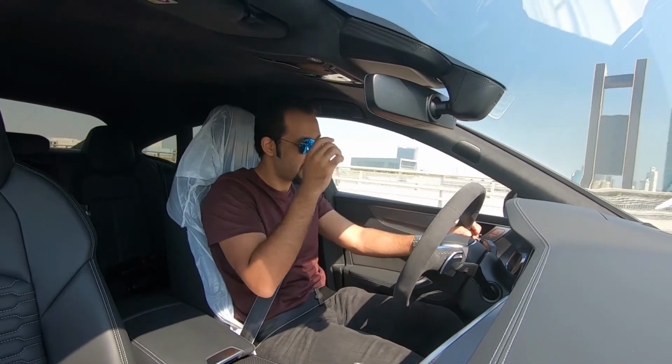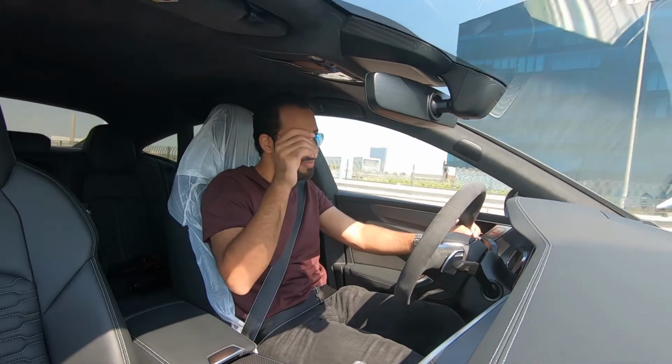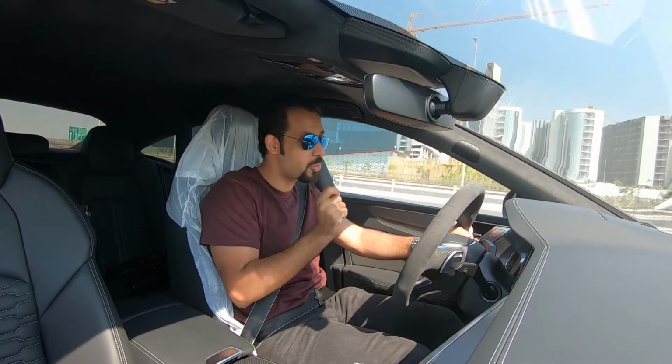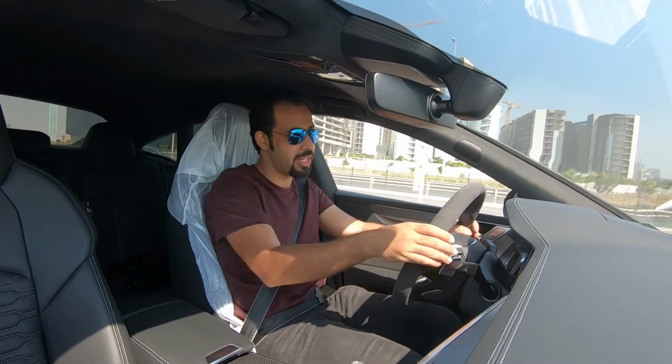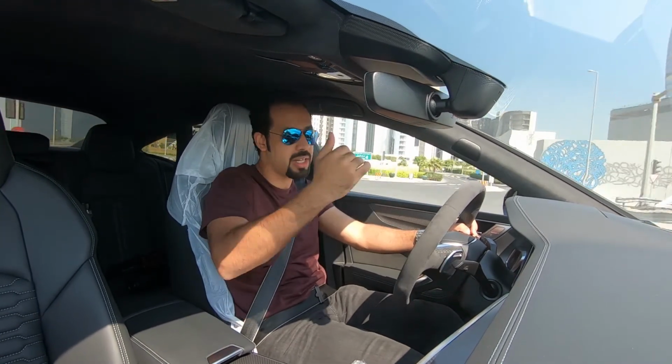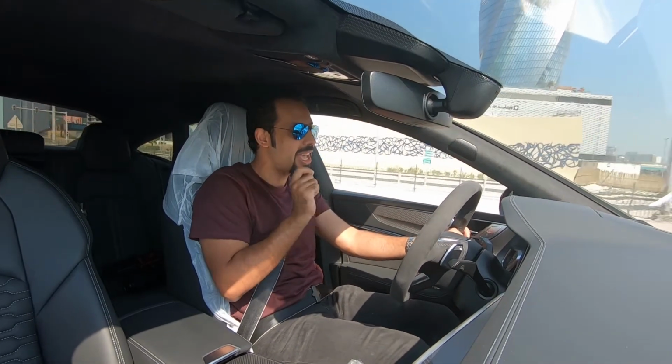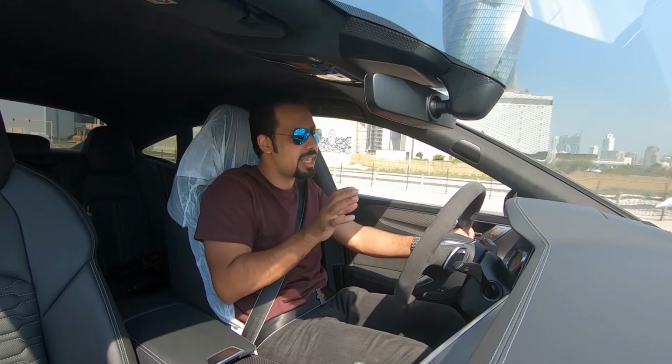Now look, downshift, see, this is where upshift, there's just a split second of a lag between the moment you press the paddle shifters and the moment the car actually shifts. It's a split of a second, barely noticeable, and it's definitely not going to take away from the experience